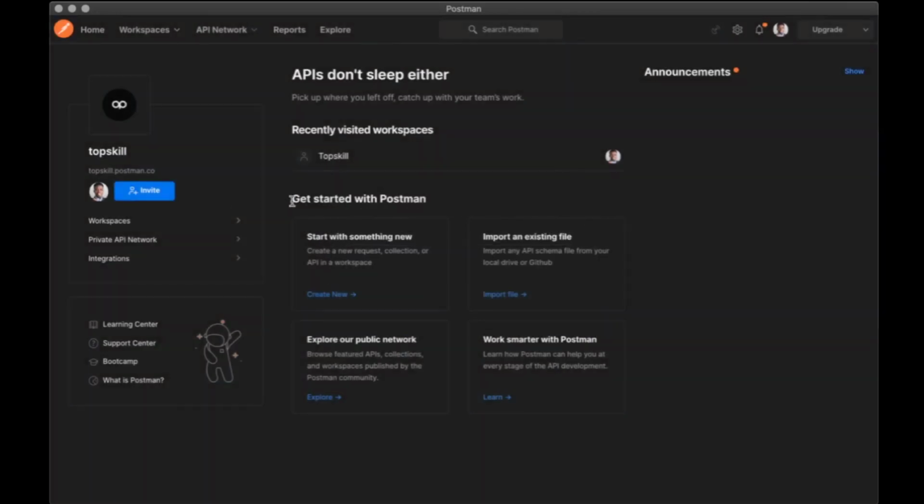For now, we have just one team here. What we have here, they're just giving us basic instructions on how to get started. You can create something new. You can import a file. You can explore a host of public APIs. Or they also teach you how to work smart with Postman. What I'm going to do right now is to click on this, create new, and